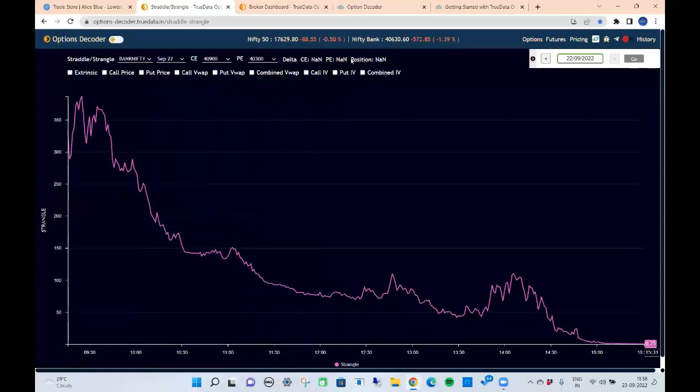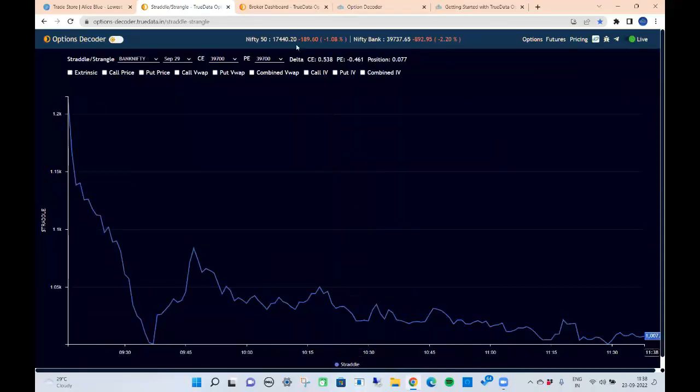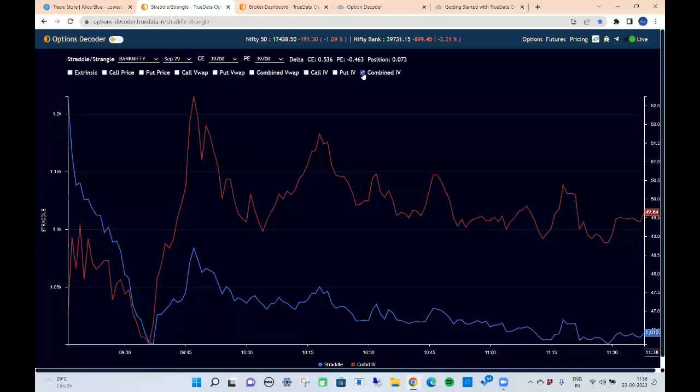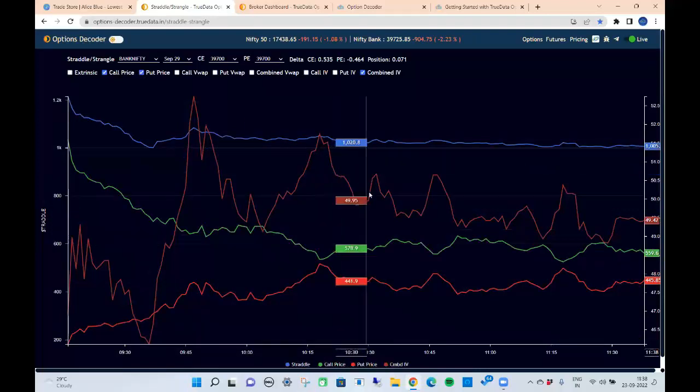So here the delta is not showing anything. However, when you get onto live, it should start showing. You will see the delta of the call, of the put, and of the entire position combined. Okay, this is for current day, and because we've gone live over here on the right side, we also have the combined IV we can have here, which has been fluctuating almost flat here with a little spike in the middle, but that's it. And we can track the call price, the put price, and we can see what's happening